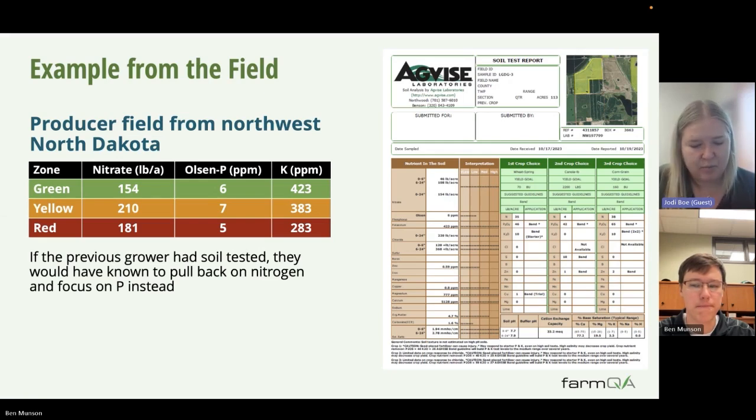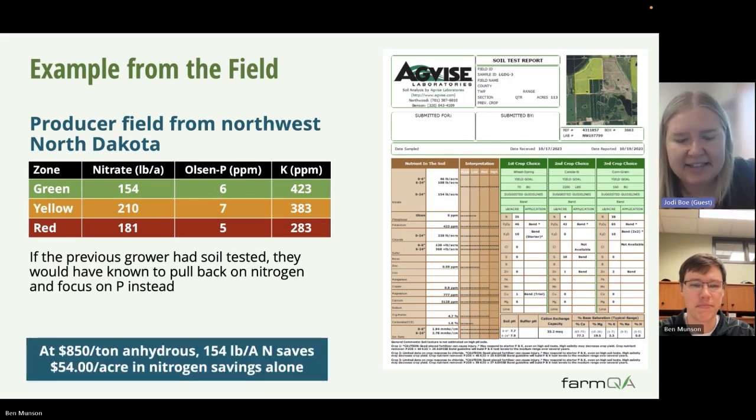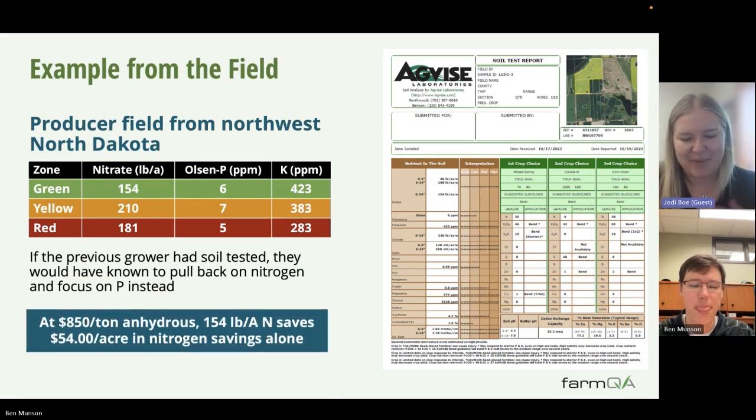And clearly by just applying whatever fertilizer he thought he needed without soil testing meant that soil test nitrate levels were through the roof when the new grower took over this field. And then not only that, that grower that was previously producing wheat on wheat on wheat would have not only saved money by cutting back on his nitrogen fertilizer, but he could have been using that to build soil test